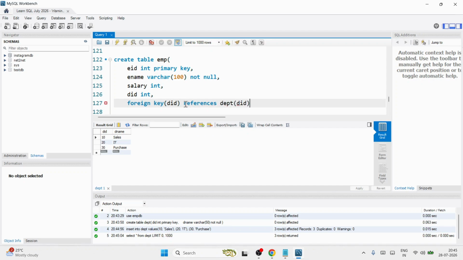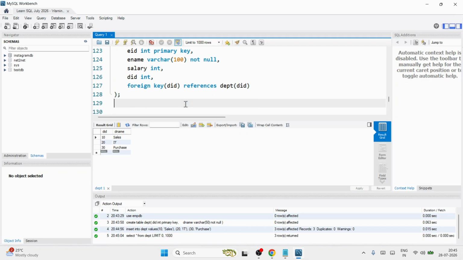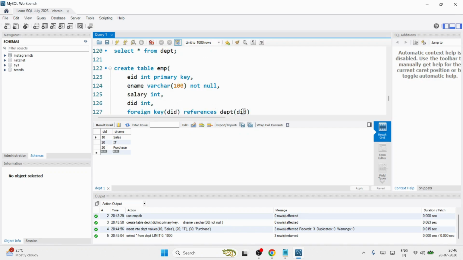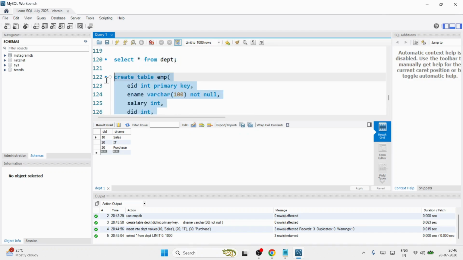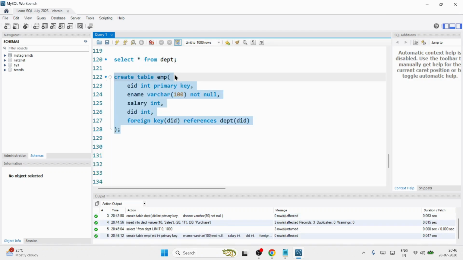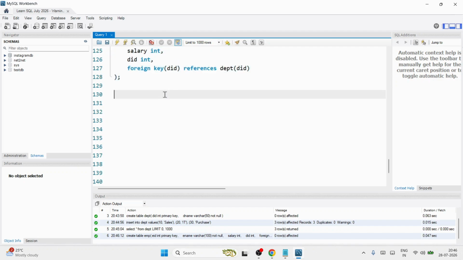Department table, department ID. इसमें cascade rules भी होता है. वो cascading rules क्या है उसके ऊपर अलग से एक lecture devote होगा. Don't worry. Okay, so here you can write ON DELETE CASCADE, ON UPDATE CASCADE, उसका meaning क्या है सब देखेंगे. Don't worry. Okay, so now employee table is also created. I'll add some records in it. Insert into employee values